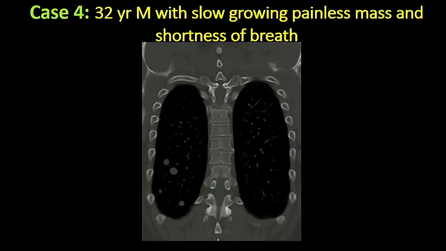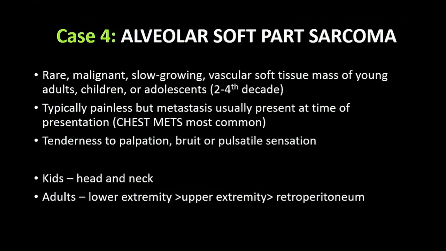In these patients, they are known to metastasize very early, and it's part of the path of this particular entity. And we can see here these round cannonball-like mets in this very young patient. And this is alveolar soft part sarcoma. And this is a very scary lesion when they first are seen. You need to be aware of them and do that chest imaging immediately because it changes management in these particular